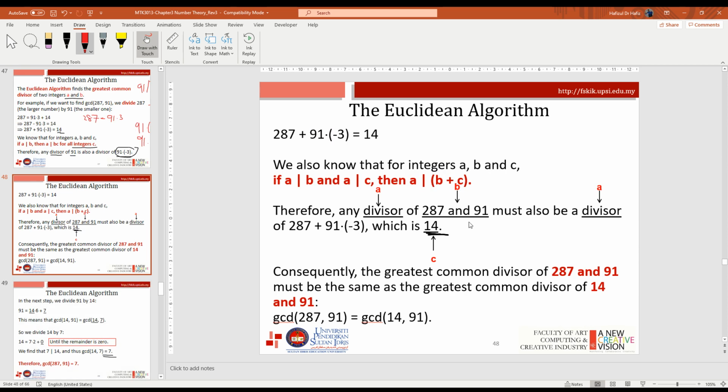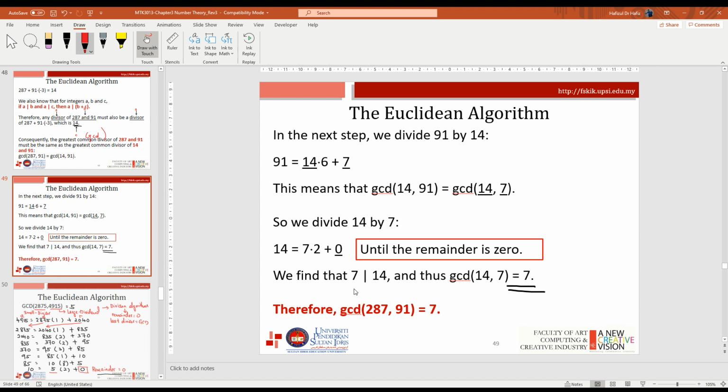We also know that for the integers a, b, and c, a is a divisor, b is 287, and 91 must be a divisor, which is 14. Consequently, the greatest common divisor (GCD) of 287 and 91 must be the same as the greatest common divisor of 14 and 91. So,